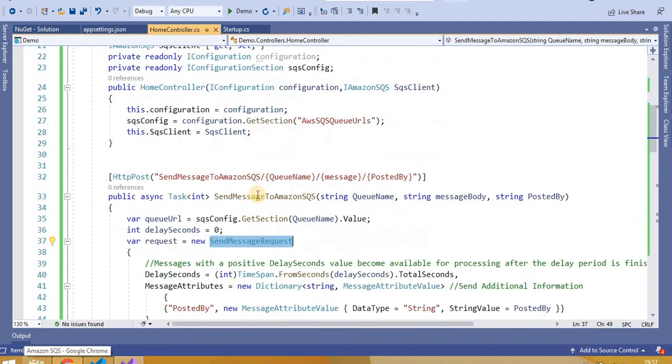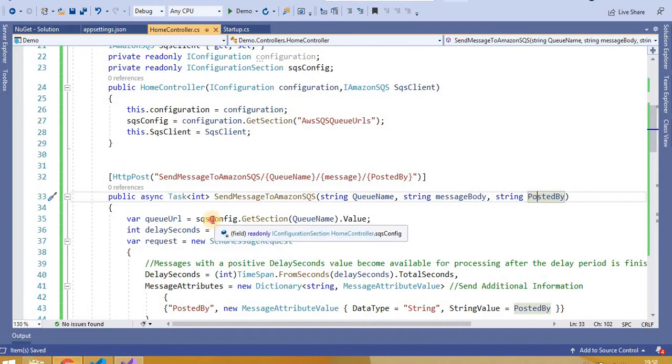Let's first see the method to send a message to the Amazon SQS queue. We take the queue name, then the message which we want to push to that particular queue, and we can take some additional information like PostedBy, who sent this message, or other additional information.